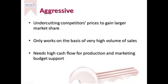So if you look at this undercutting strategy, which an awful lot of businesses use, it's very complicated. You've got to sell such a high volume. You've got to have great cash flow to absorb this, and you've got to have a huge marketing budget. Very, very risky strategy. I would say that aggressive pricing can only work for very major companies that really can say, we're going to have market share and we're actually going to go out there and try and really undercut the market. For a small business, I really don't see this as a strategy,